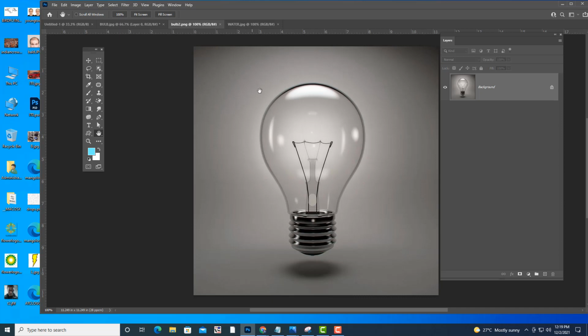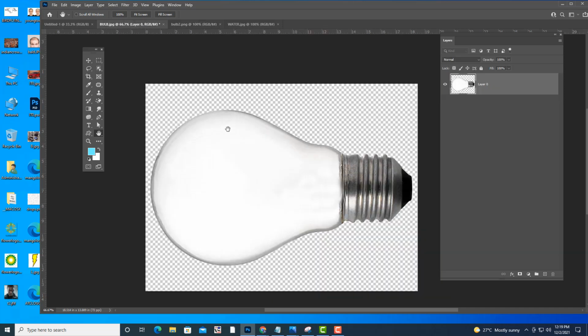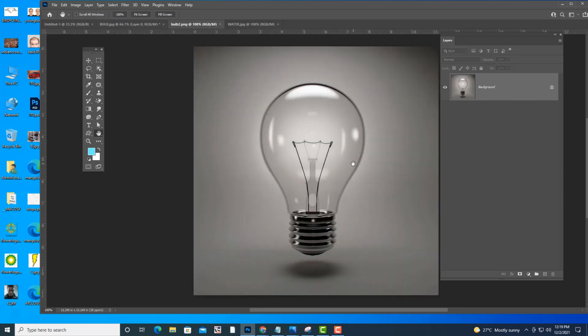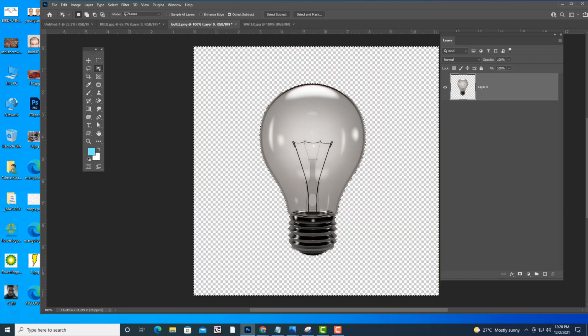Then the next thing I am going to do is select this other bulb, because I want some reflections. This bulb is not having any reflection, but this bulb is having reflection. So I'm going to take this bulb to add some reflection. How to select? Again we'll use select subject, Control Shift I to inverse, unlock the background and delete.